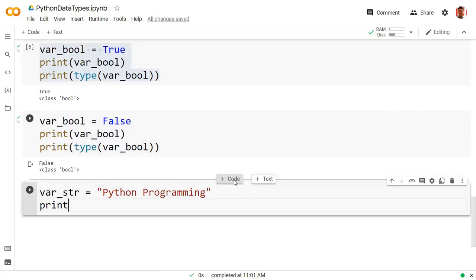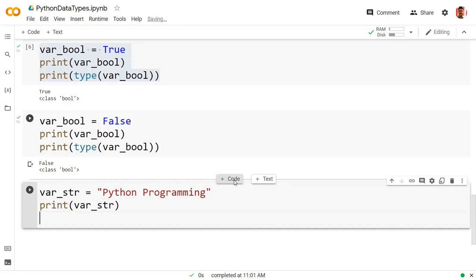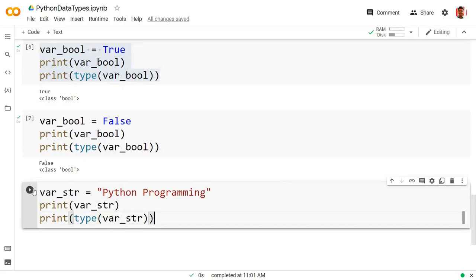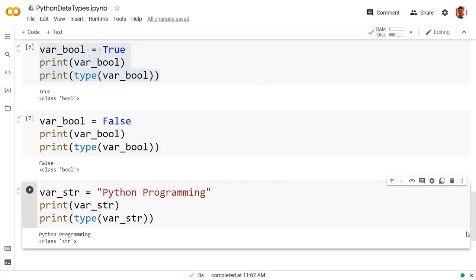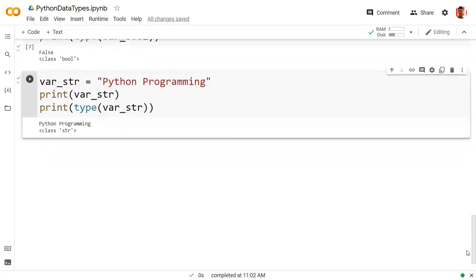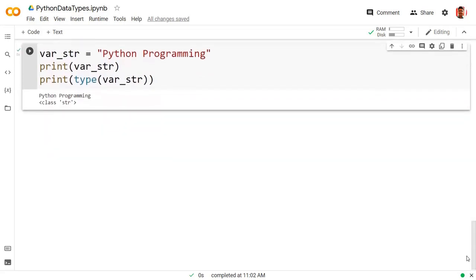In upcoming videos, I will also show you about slicing and indexing of strings, lists, tuples, and much more. So right here, what we are doing is we are looking into the data type as well as our string. So this is my string, which is Python programming. Now, right here, there are a few things which should be considered.